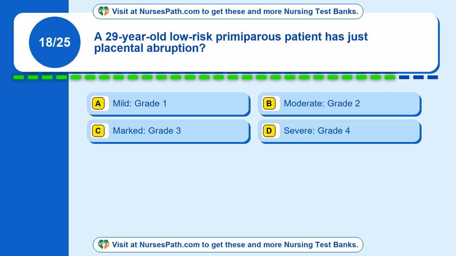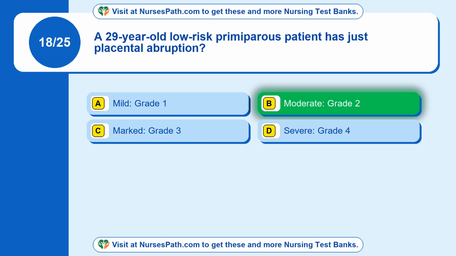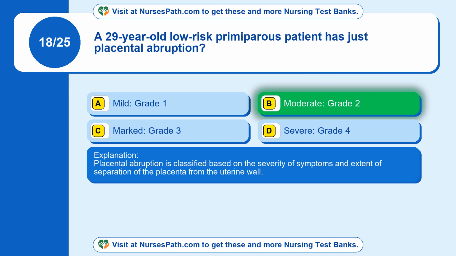Question 18. A 29-year-old low-risk primiparous patient has just had a placental abruption. Option A, mild grade 1. Option B, moderate grade 2. Option C, marked grade 3. Option D, severe grade 4. The correct answer is option B, moderate grade 2. Placental abruption is classified based on the severity of symptoms and extent of separation of the placenta from the uterine